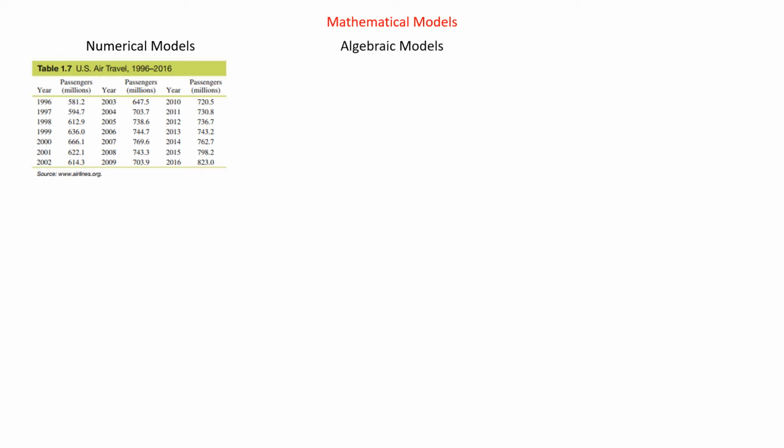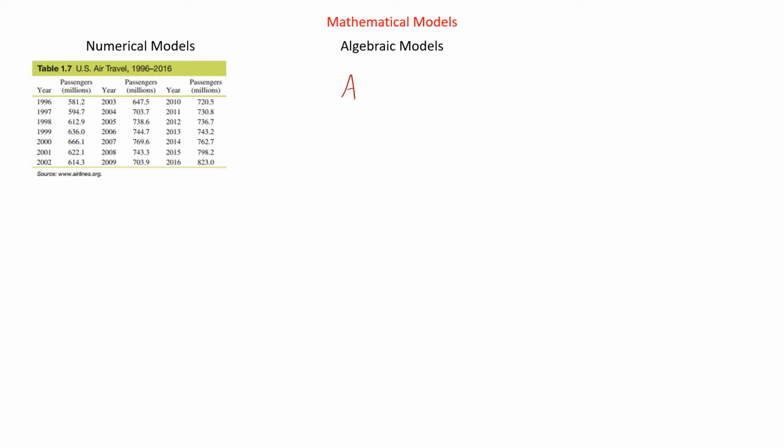Another type of model is an algebraic model. An algebraic model is an equation. We could have maybe the model we're looking at the best deal for pizza. We have a bunch of pizzas that are round because we're at a place that gets round pizzas, and so they all have different prices depending on how big they are. Well, we want to know how much pizza you get per dollar, so we could figure out how much pizza divided by the cost. To figure out how much pizza, we'd be looking at the area, and so being that it's round,